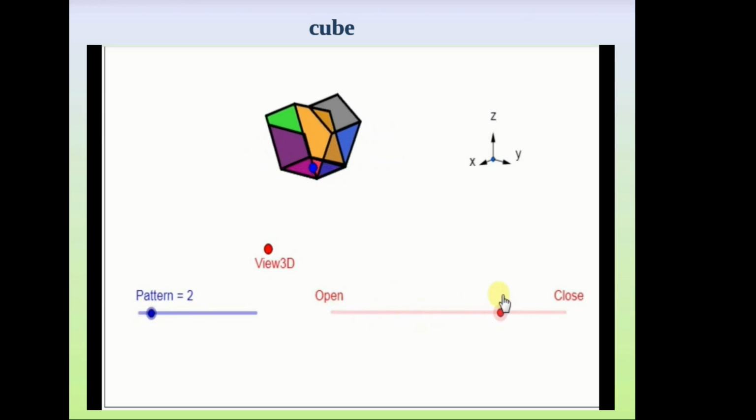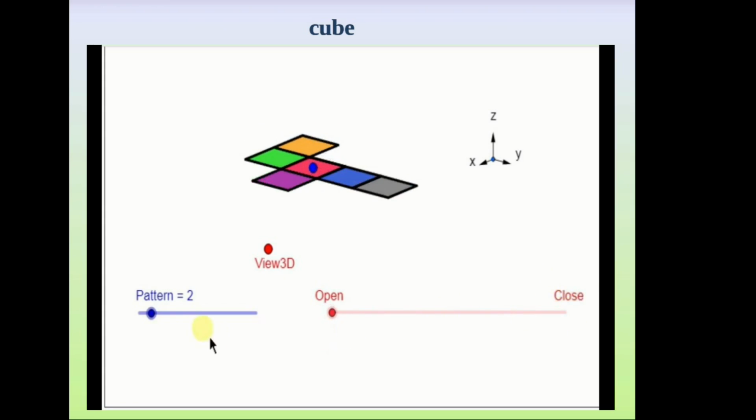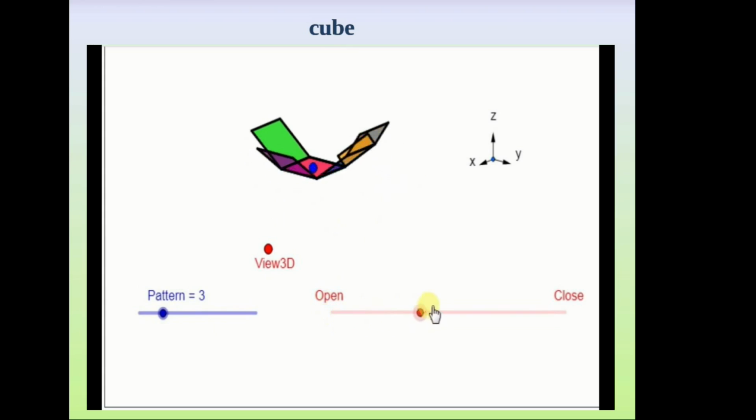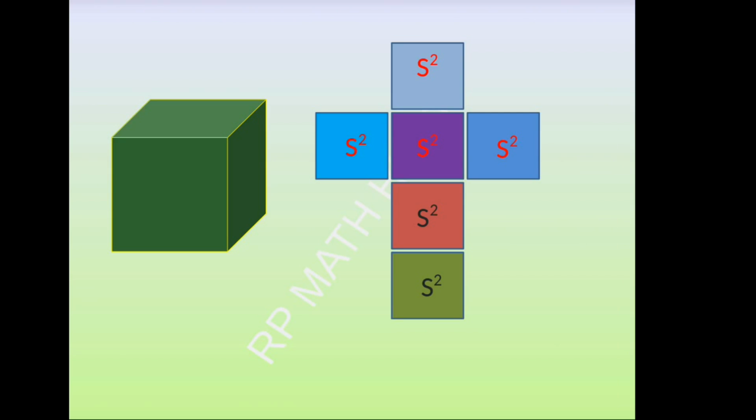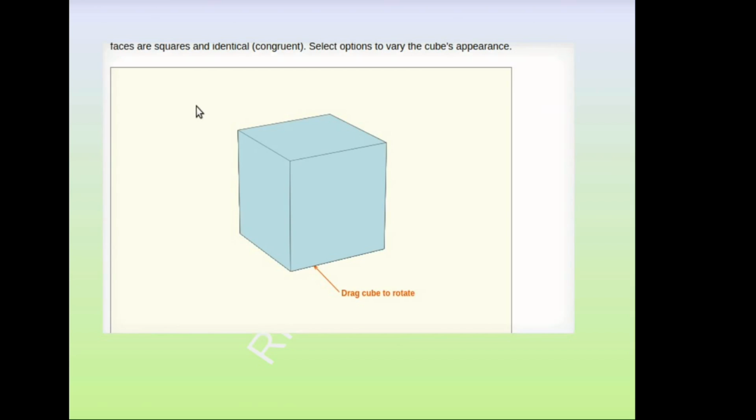The 6 faces can be arranged anywhere as shown on the screen. Now this is pattern 3. Now this is the net diagram of the cube. Left side is the cube and right side is the net diagram of the cube. And if the cube is exploded,